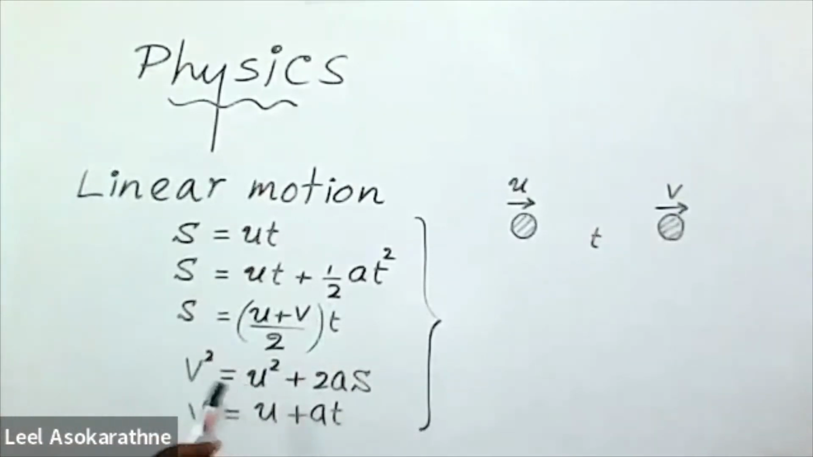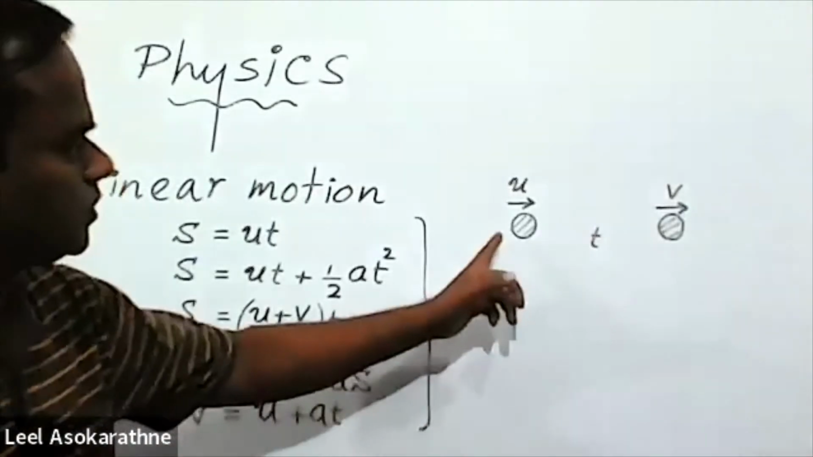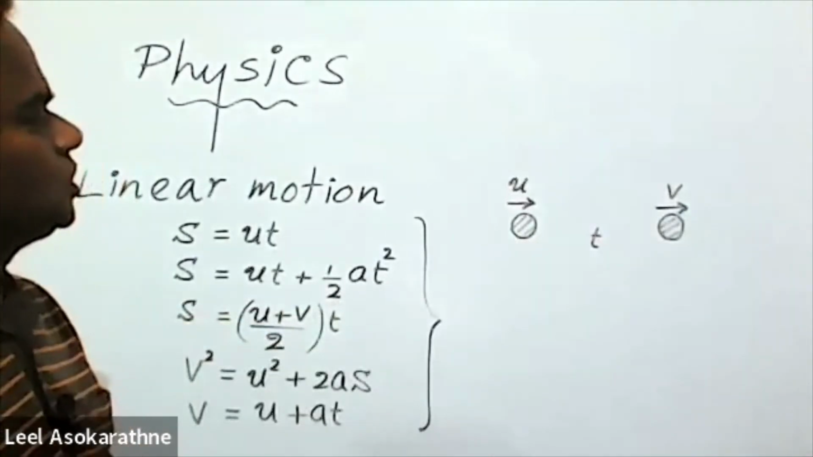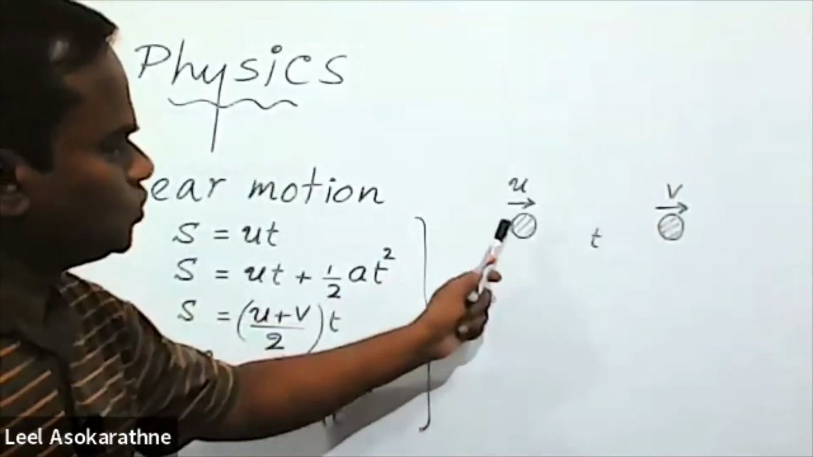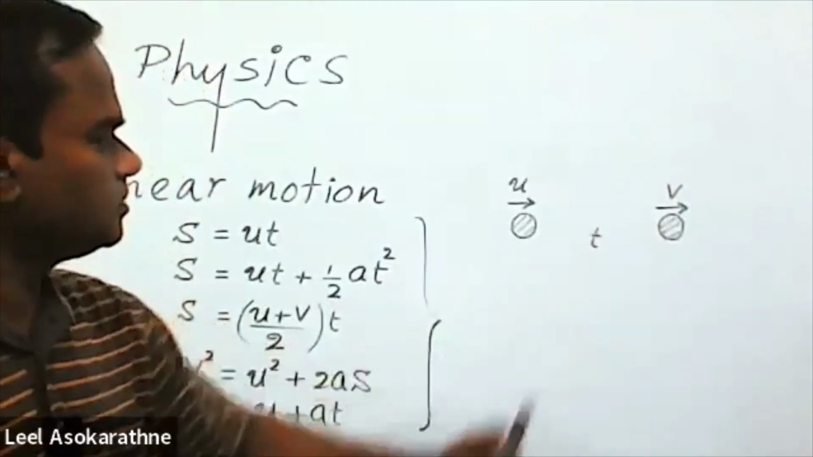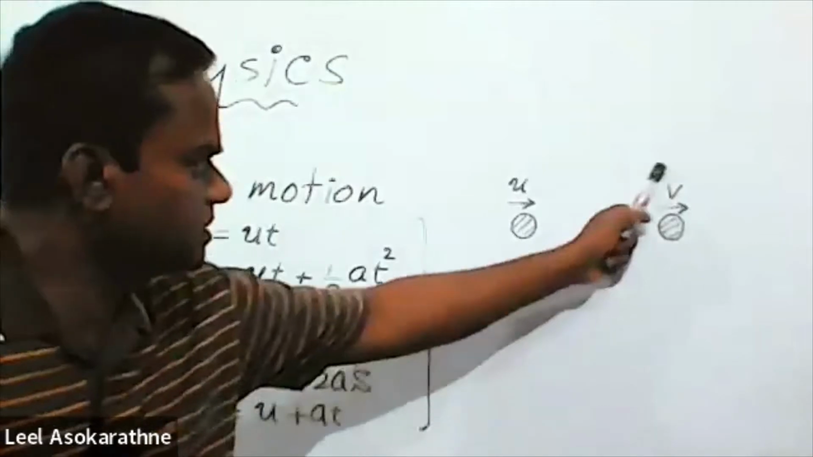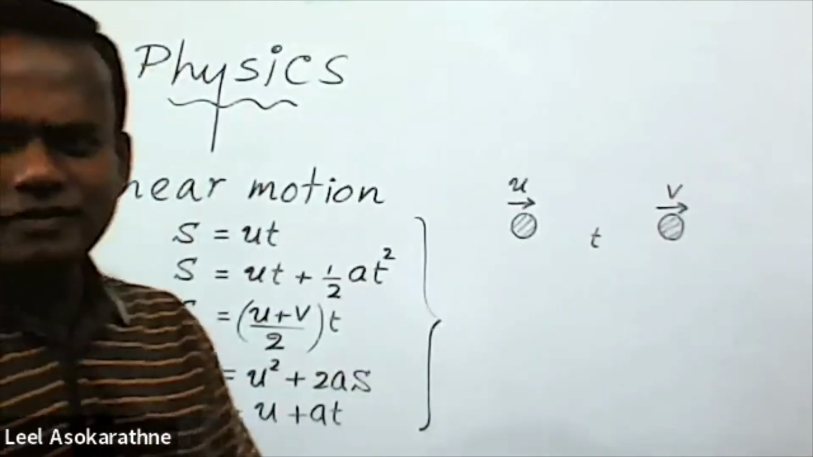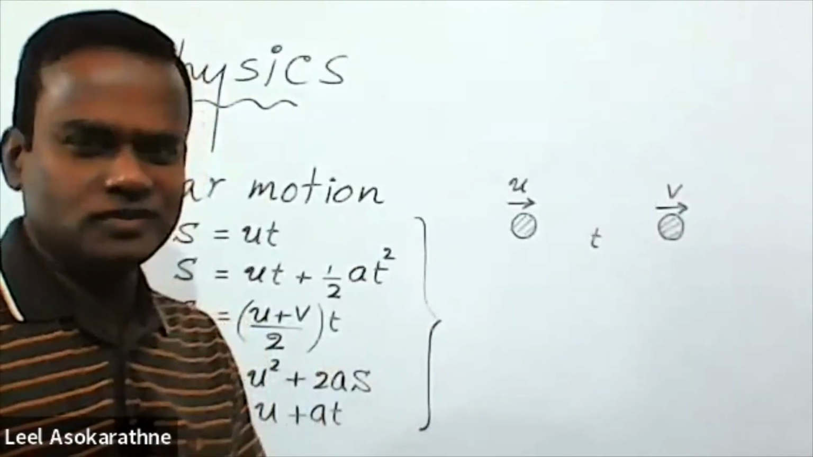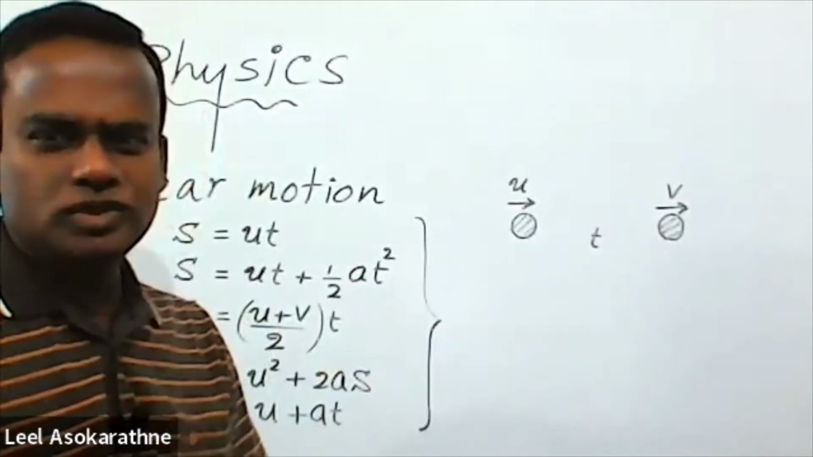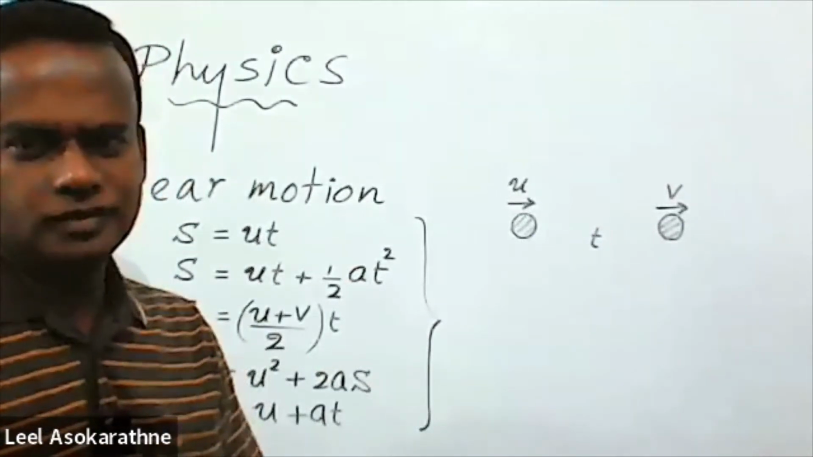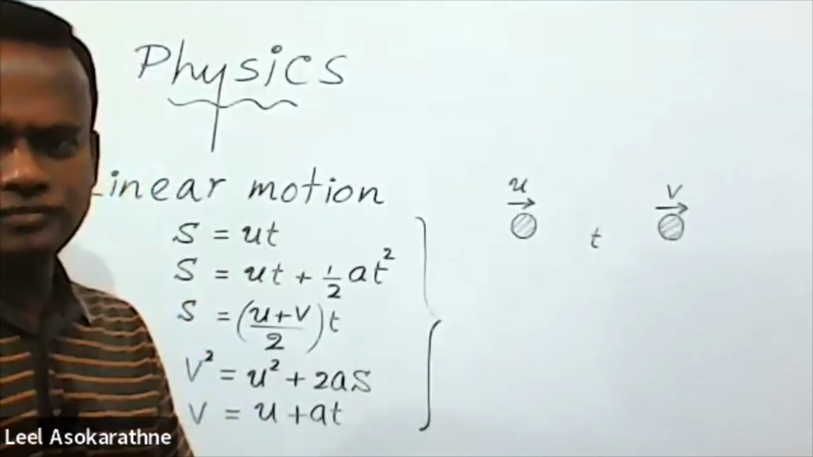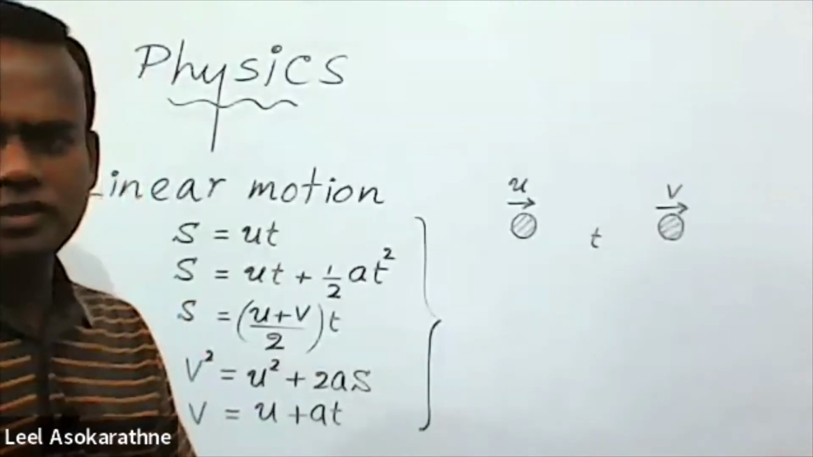When we talk about v, basically we say that the object can change its velocity from u to v in time t. Therefore v is the final velocity. And these equations are very famous in physics. By using these equations, you can work out